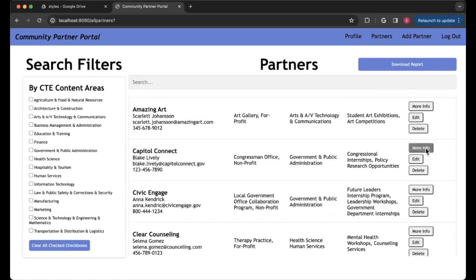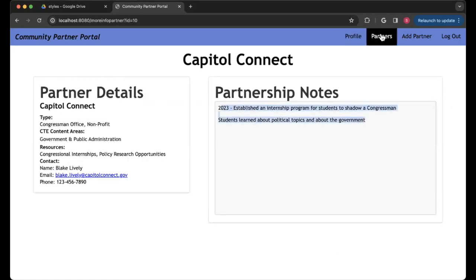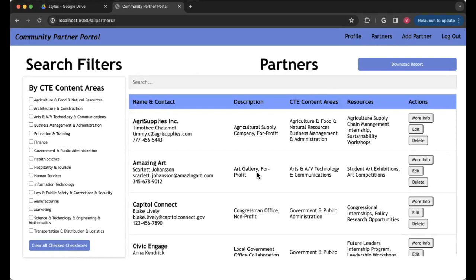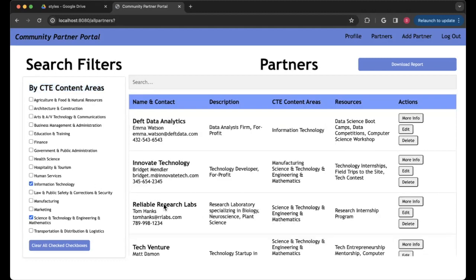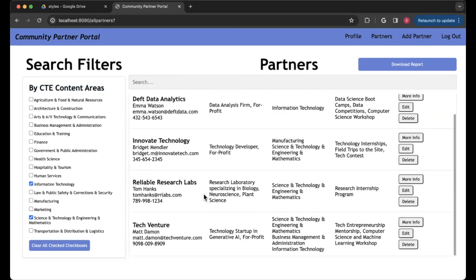And you could see that each of them have different notes as well. Another thing that's really cool with the search filters is that I included these filters by the CTE content cluster, content areas. And so if a student is interested in computer science and technology and science, we could check off the buttons that say science and information technology. And we see that the list was filtered down to be a list of 4 different